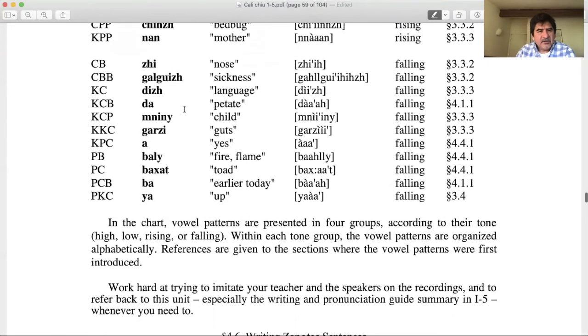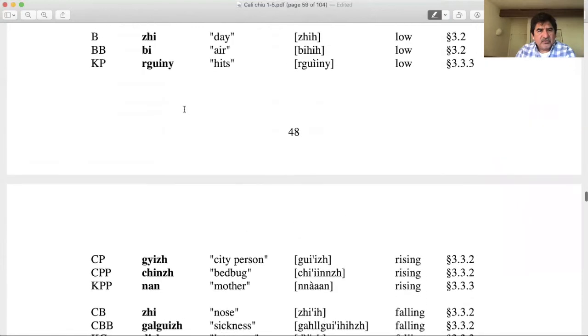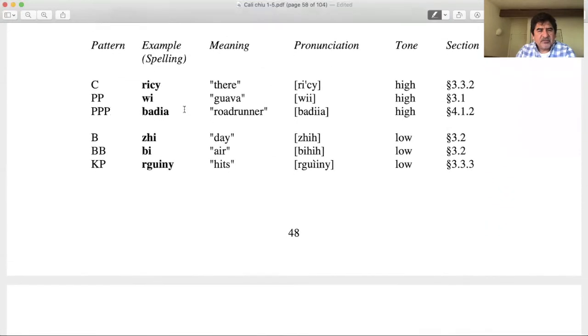Ya. Okay, I'm gonna go over them one more time so you can hear it again, and this time I'll say it twice, and then hopefully you guys are practicing along. And then I think there is one more summary that we're going to go over, and that should do it for this lesson. So Rick,